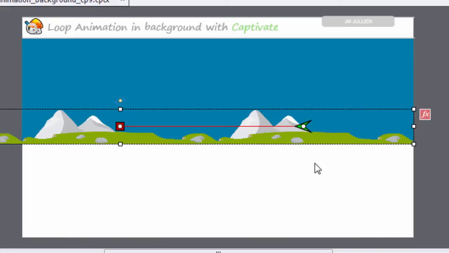Those 2 points are important because to animate this picture correctly in loop, we must apply the following rule. The difference between end and beginning of the motion path must be equal to the size of the basic visual cycle. That means 640 in our case. Now what we currently have is a difference of only 600 pixels. So what we have to do in order to apply the rule is to adjust the X value of the beginning of the motion path to 960 rather than 920 in order to get a difference of 640 between end and beginning of the motion path.